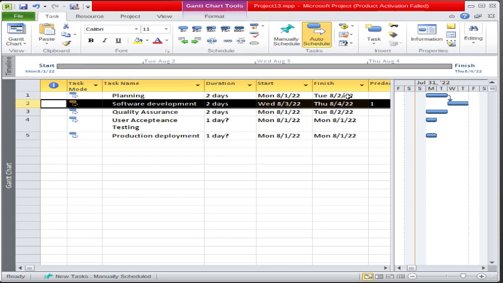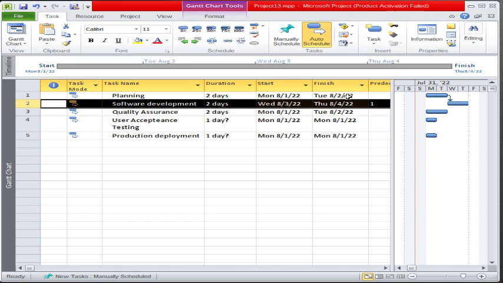Let's assume you plan to finish the planning of the overall project by the 2nd of August, and as per the plan the software development will logically start from the 3rd of August. But if the hardware is not received,